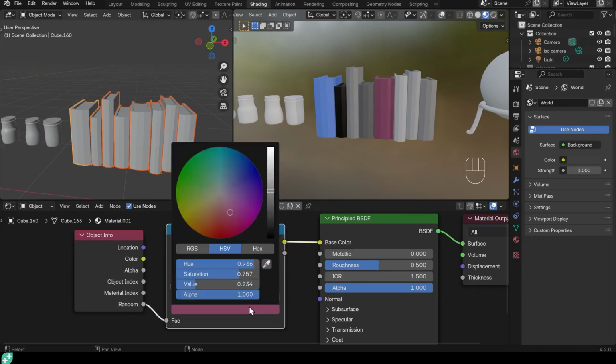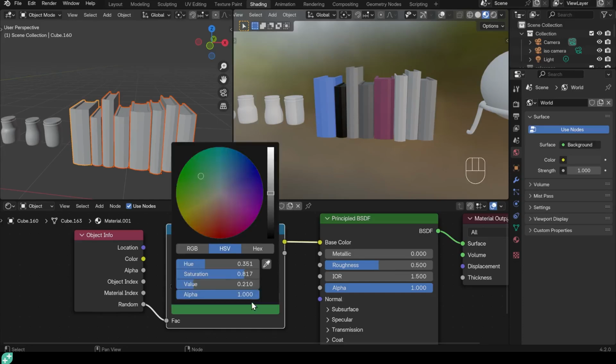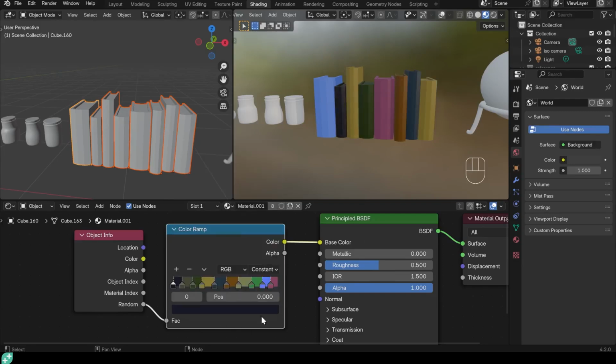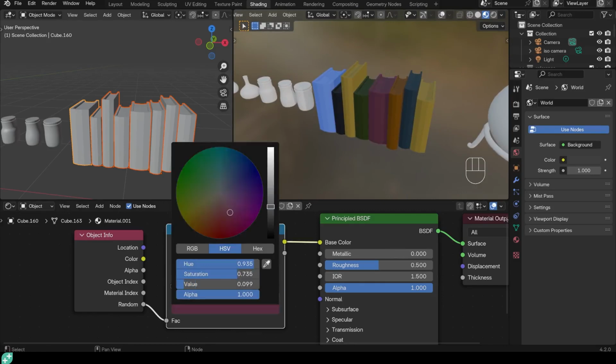Okay, so this green, a little bit darker. Ooh, let's try and select the green. Green a little bit darker, and then I'll just adapt some of these colors and I'll speed this up. Okay, so we've got a variety of colors there. They might be a bit vivid. We can change those as we go. Still think that pinky color is a bit too much, so I'm going to change that one.